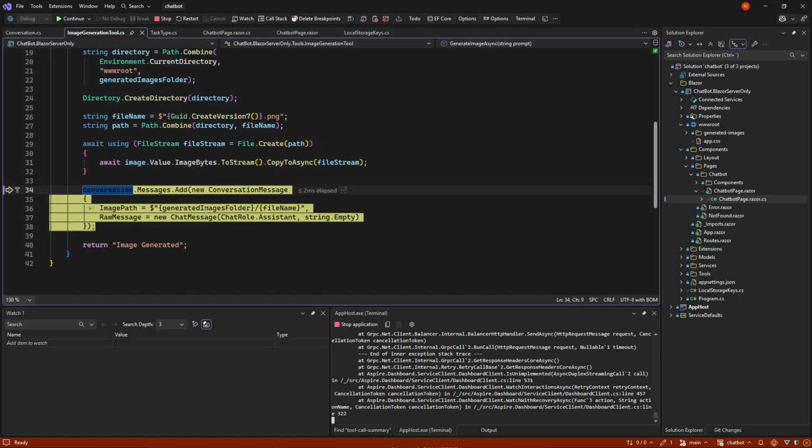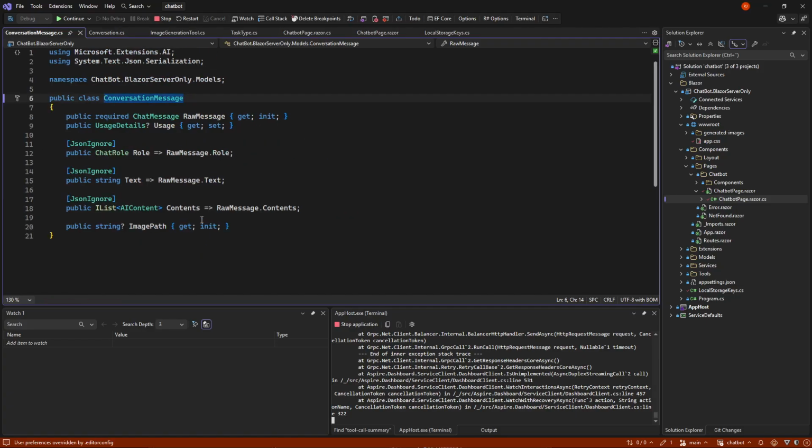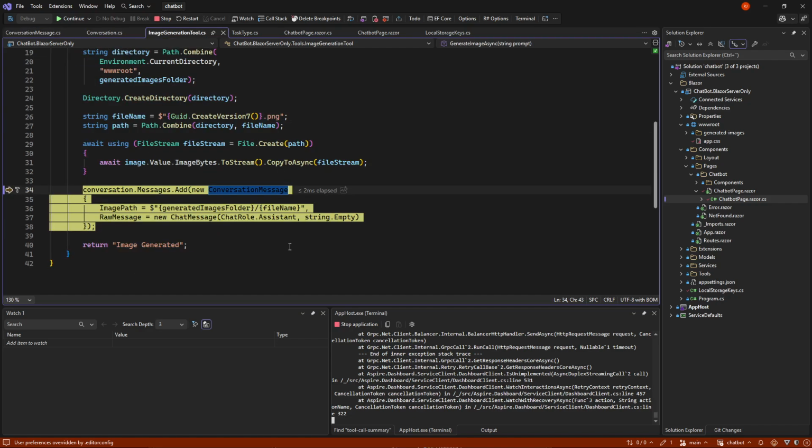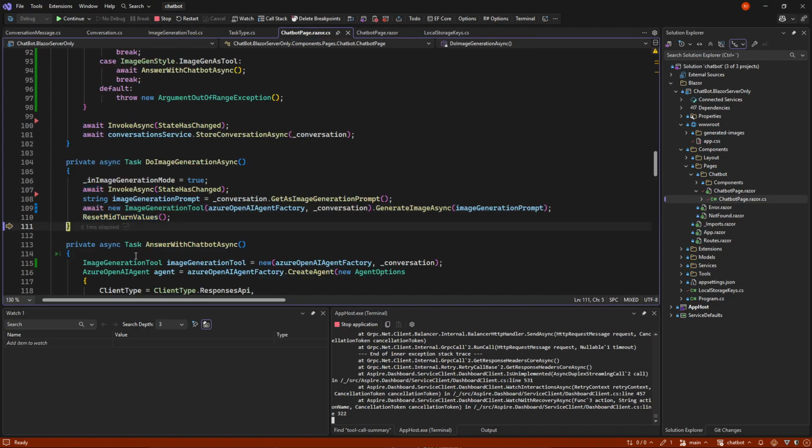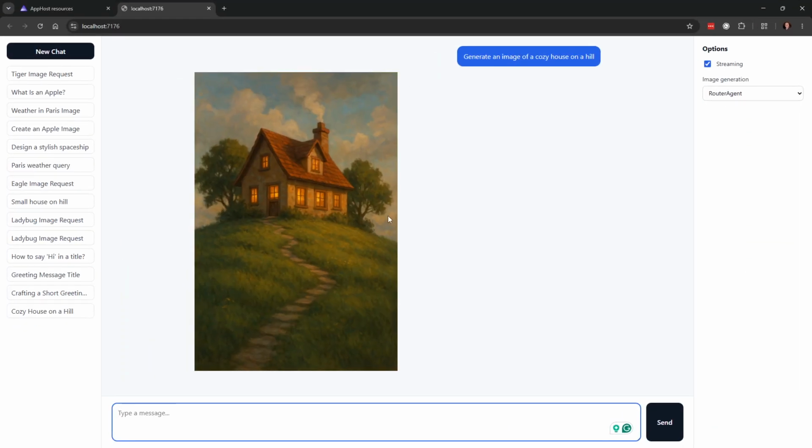that is just called image part, because these images are not really stored anywhere in our normal conversation, but because we have a custom conversation where we previously put in the usage, we can now also just put an image part in. So that was nice doing that instead of the agent sessions. So we do that, and we just say image generated, which we don't use here. And we are essentially done. And we can go back and see that we got a cozy house on a hill.